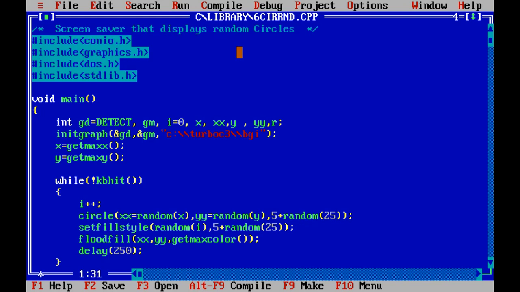That means this program generates different circles in different positions with different radii. Circles will be drawn in random positions with random sizes. As before, before discussing the program we have to see the output. So I run the program.